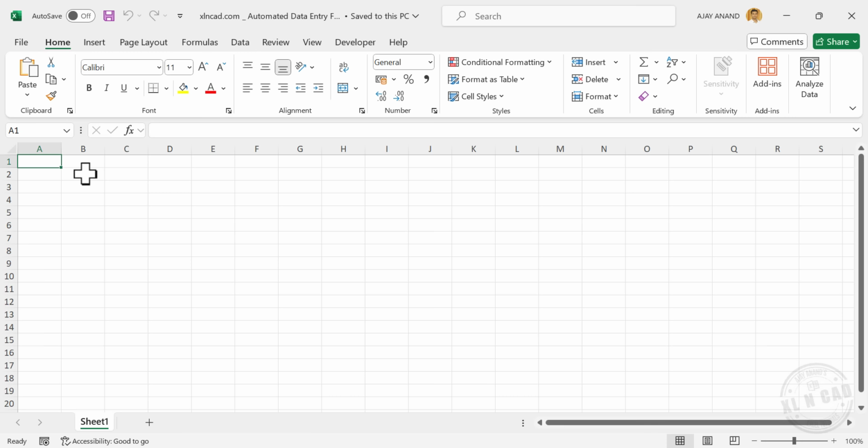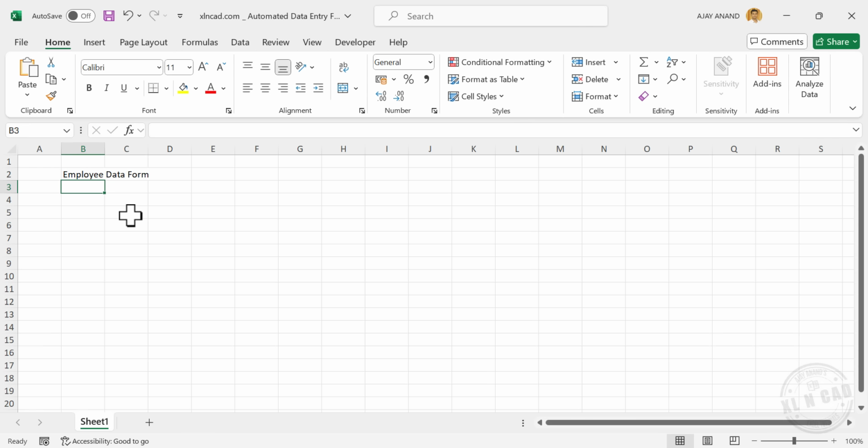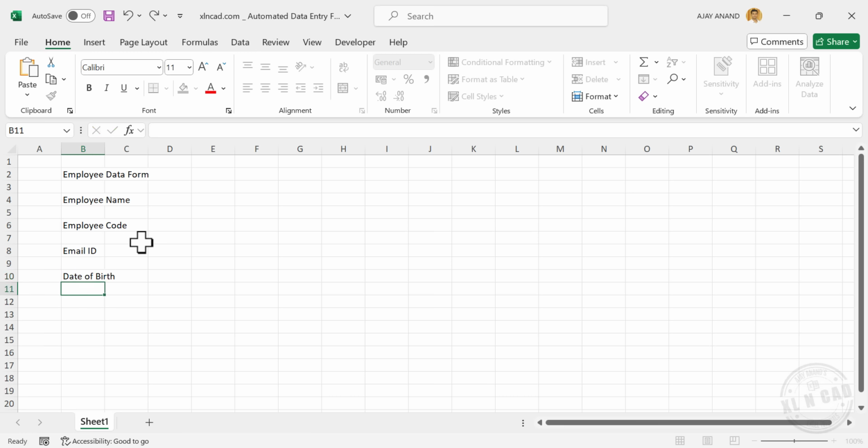Click on the cell B2. Type in Employee Data Form. 2 cells below, employee name, employee code, email ID, date of birth, department,